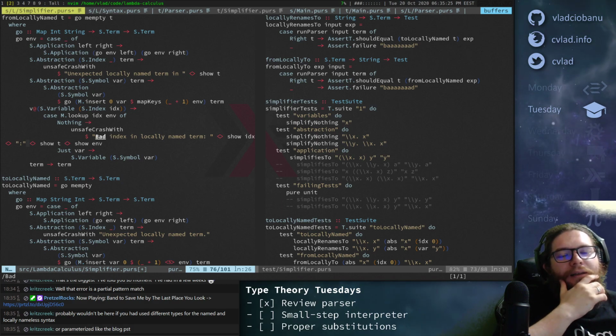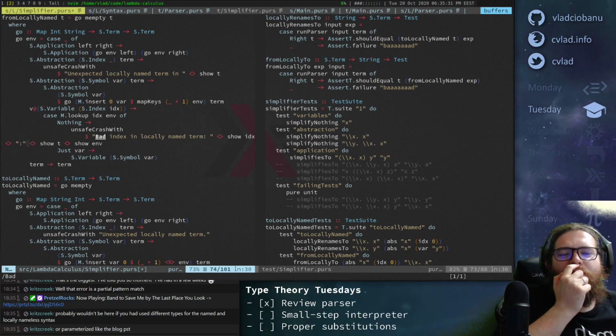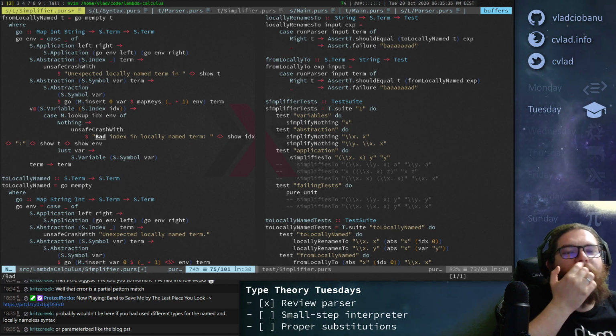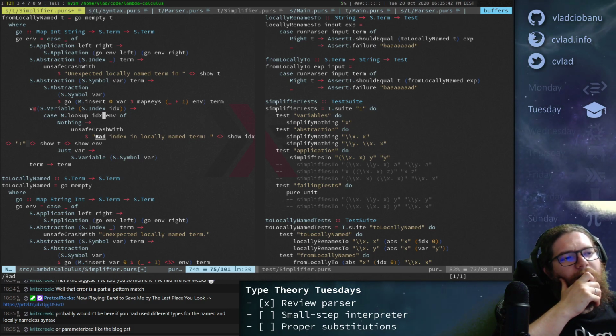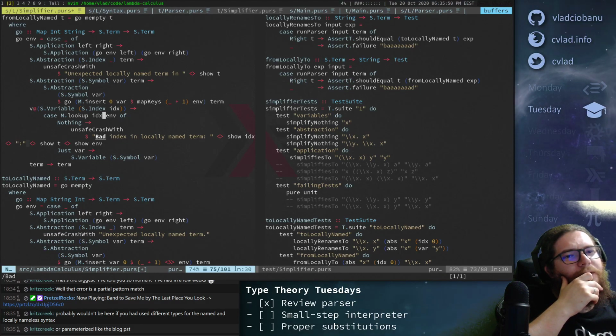So we're hitting this bad index. So we have a variable with an index and we cannot find the index. Why? We should do from locally nameless only after we've substituted, so there should be no index.